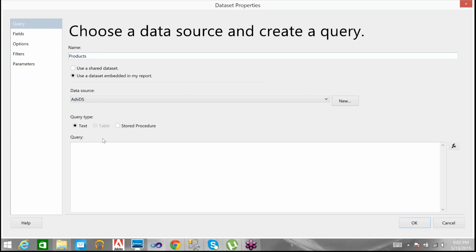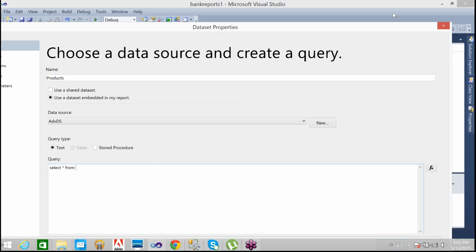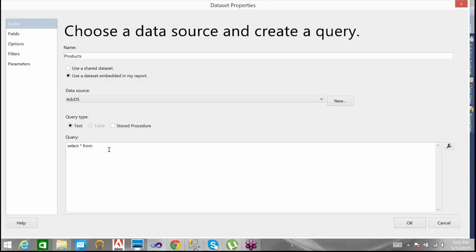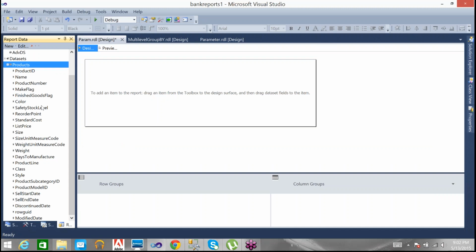Okay, then use the ADB. Then here I can write select star from. Unfortunately, here it is not displaying the query builder. Okay, select star from production dot Production.product. Okay, you got all the values. I don't need all the values.